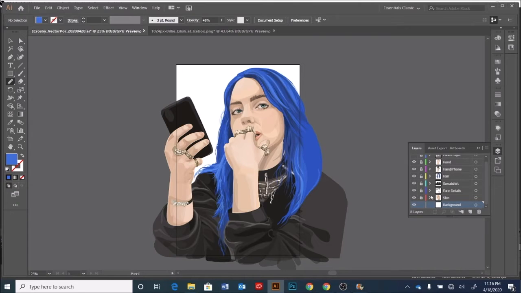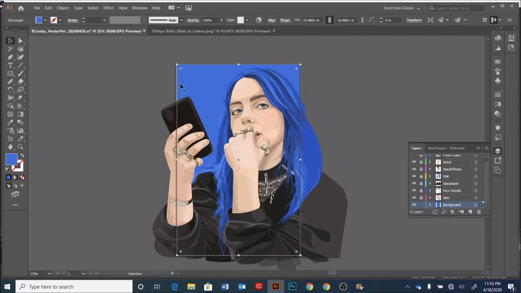So if I want to just make a square background, I'm going to show you a couple of them. I can use my rectangle tool and just click and drag that shape. Use my direct selection tool and go in there. And as you can see, I just made the background blue. I could also, usually it comes,